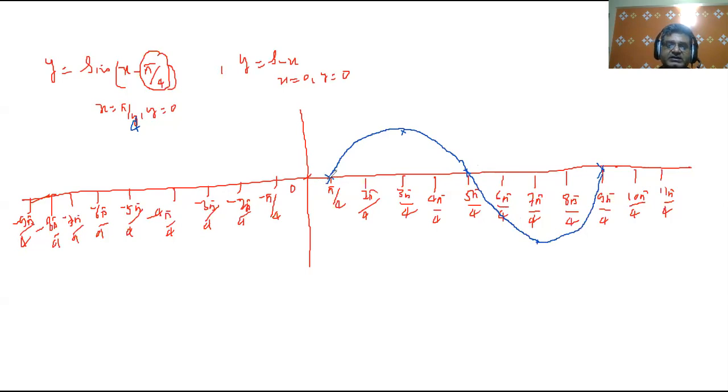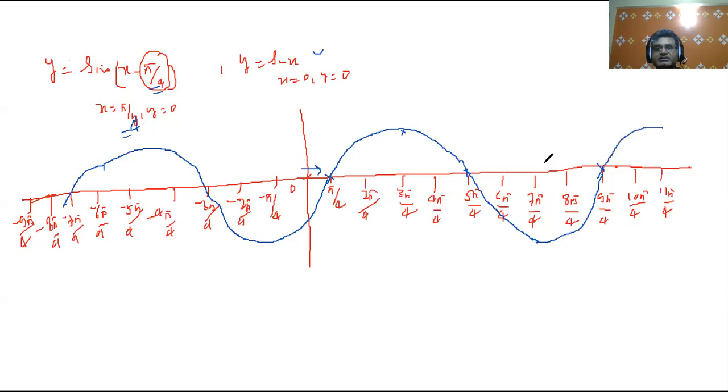So you can see in the backward direction, if you want, this graph will go like this, and here. So you have seen the same sine x graph just pushed by pi by 4 unit in this direction. It is the same graph. So the effect of y equal to sine x minus pi by 4 is that the graph has been pushed away from the origin by pi by 4 unit. That is the only difference and nothing more than this.